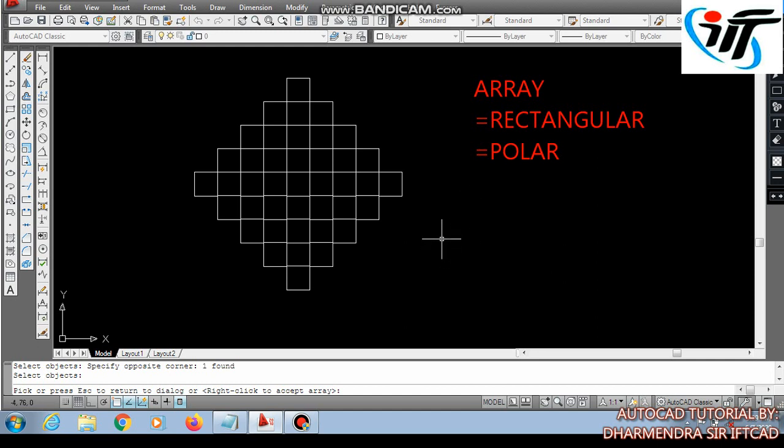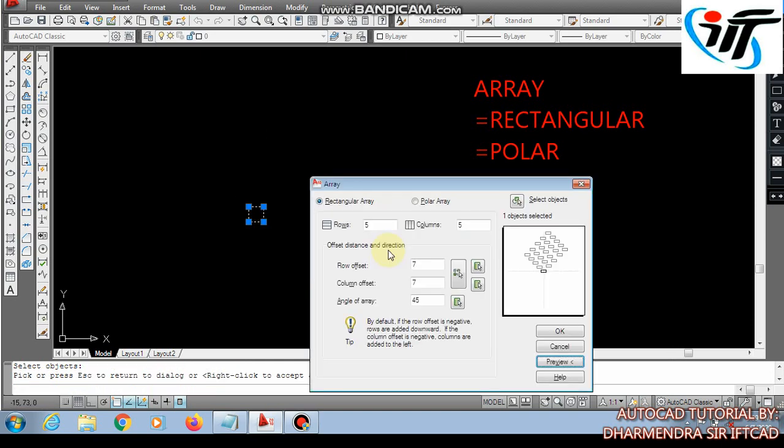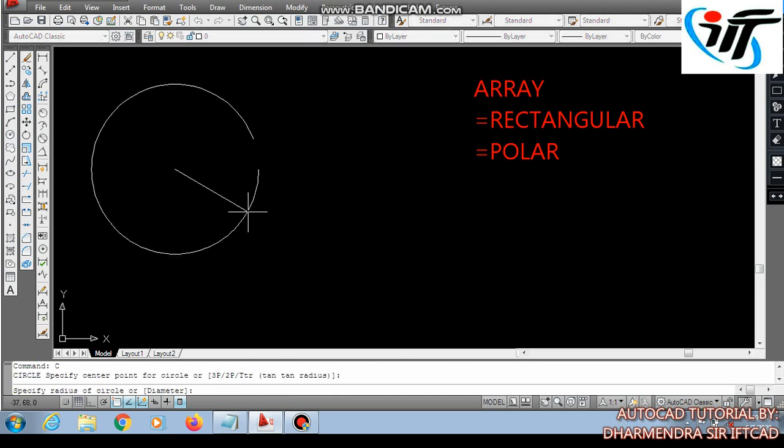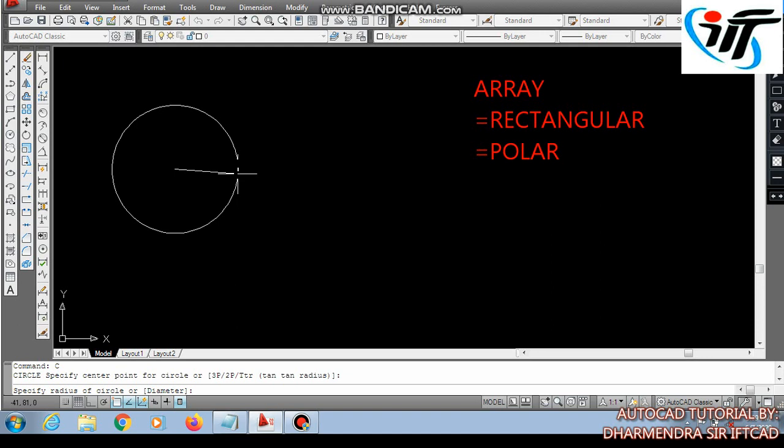Now I am moving towards polar array. Polar array means it will create a circular shape or polar shape. Let me draw a few objects. I am taking a circle here of any diameter or any radius.